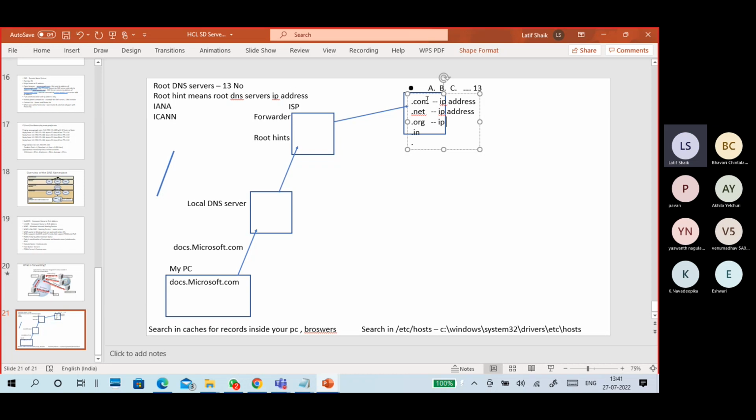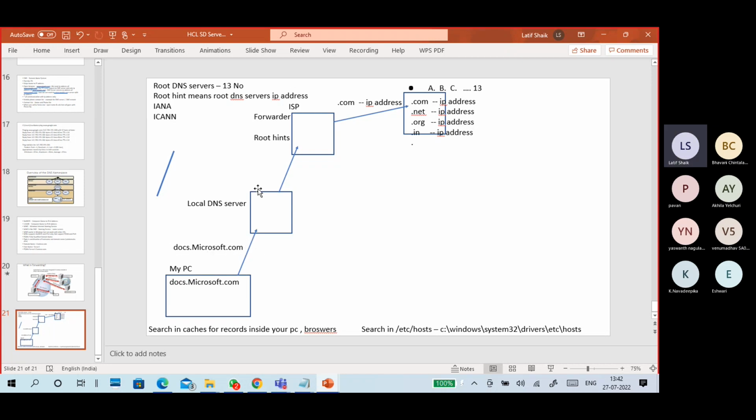.org is a server, and it stores their IP addresses. Similarly .net, .in, .co.in, .gov, this kind of top level domain, their IP addresses are stored in this one. So what I am asking here is only one query. I don't want all these things. I want the IP address of .com only, not everything, guys. Here it is. The total query is